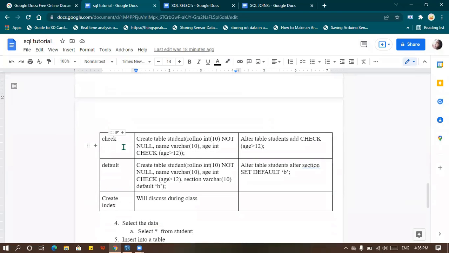Next, your check. What check will do is it will check some condition. Like in my school, the student's age should be greater than 6. Likewise, it will check some condition. And the default one. The default keyword is used to set some default value for all the records. For example,